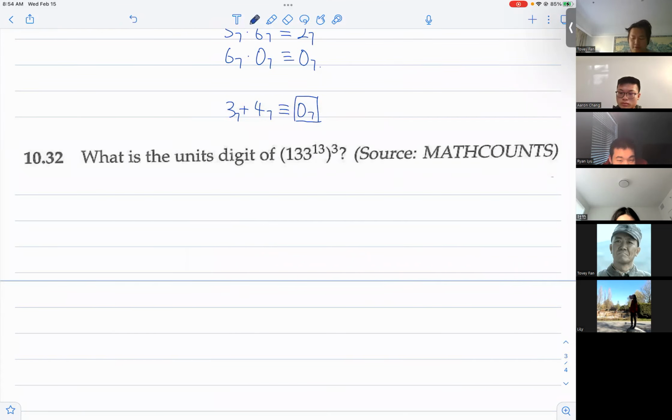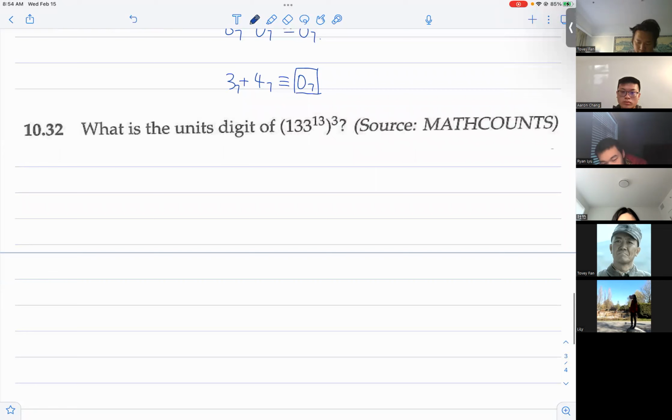Okay, so we can construct a table of 3 squared, 3 cubed, 3 to the power of 4. That's the table, right? Yeah, good. So, don't do it, right? But that works. But we don't have to do it because